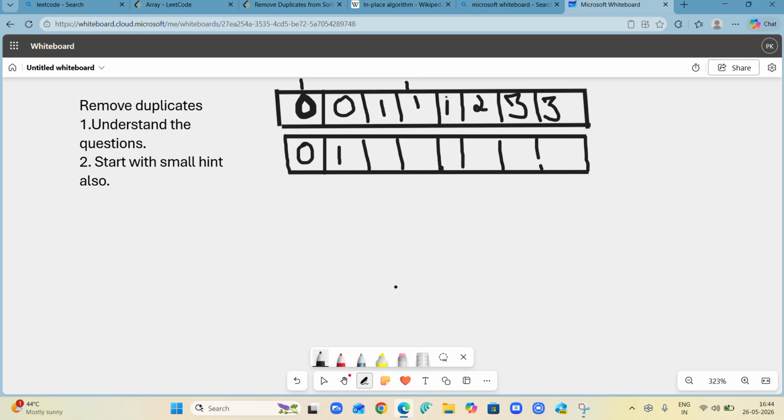Now I plus plus, it moves to the fourth position, and it is going to compare the fourth position and the third position. The element is the same over here also. So what do you have to do further when you see that the element is the same? You are going to say okay, don't fill the new array, move to the next element. Now I has moved to 5, right? And it is going to compare whether the 5th element and the 4th element are the same. It is going to say no, this time it is not the same.